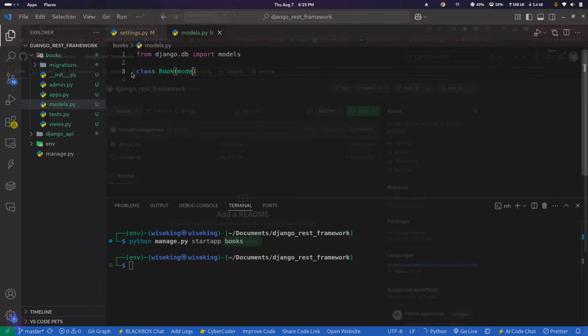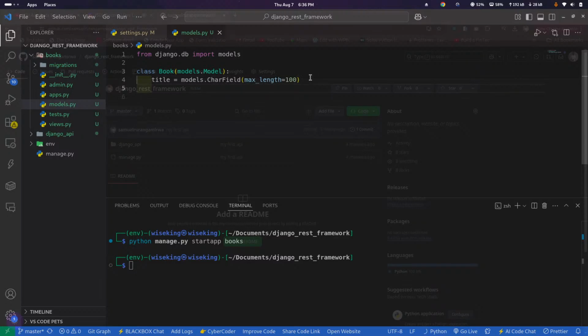It will have the argument models.Model, and inside we have different fields. These fields will be title, and this title has a maximum length equal to 100,